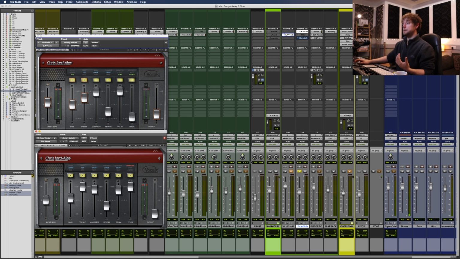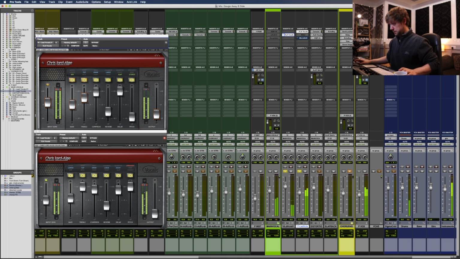The stereo image spreader is just to push outside the image for the lead vocal. So if we combine the two together: